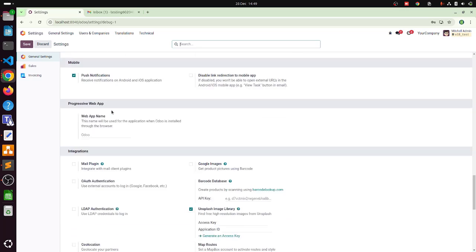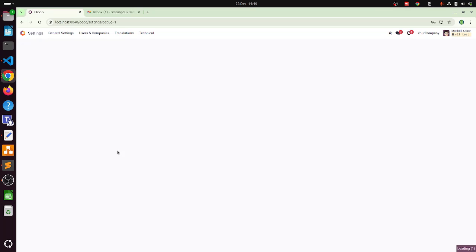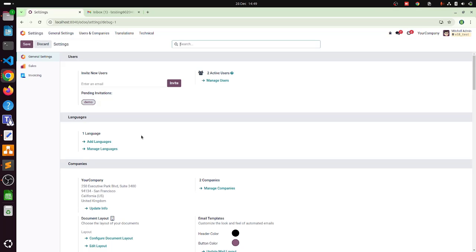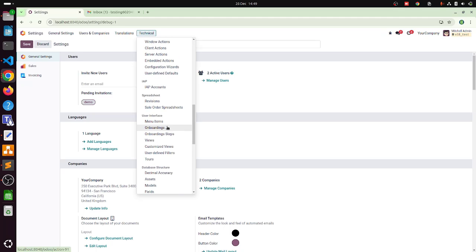So first of all, guys, as you can see, I'm using Odoo 18, and let me just go in settings and show you that I'm using Odoo 18 Enterprise Edition. Okay, so guys, let me just tell you what the email servers are. So if we go in technical, so here you can see